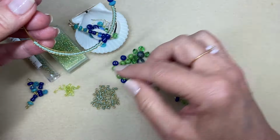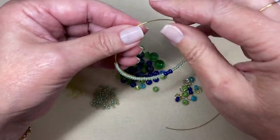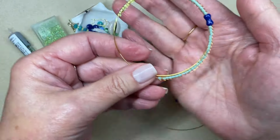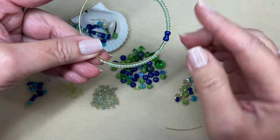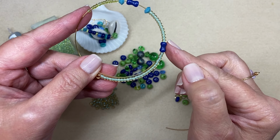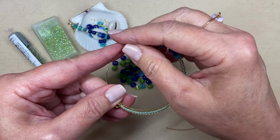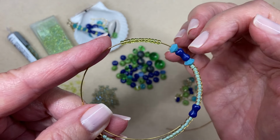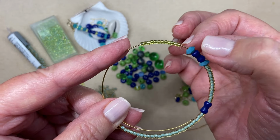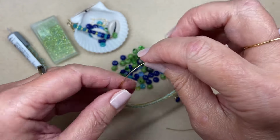And then I also pulled out some of these from my stash. These are just little tropical green, very bright green, and they just really work well with this bead mix. And so the plan here is I have done this side of the bracelet with mostly my sea foam lined seed beads, and then I just did one of these peanut beads that was in the mix for a station, and another little section, like this is like color blocking, and then this little group right here with this peanut bead and these little faceted rondelle beads, that's like the bead stopper, and this is going to be my focal. So then I just chose a little section of those green seed beads,